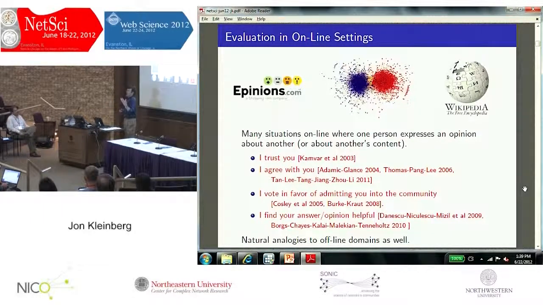Similarly, other kinds of opinions that get expressed in a site that imposes community guidelines or norms for participation, sites like Wikipedia, for example, they do have a logo. For example, we can vote in favor or against admitting people into a community, and this will be another kind of opinion that will come up in this talk, right? So, in particular, on Wikipedia, something we'll be seeing later on,